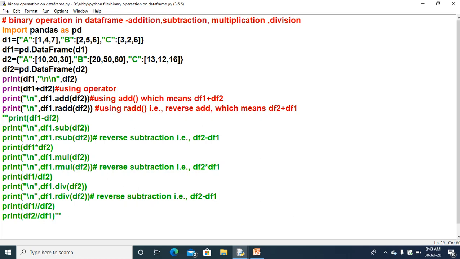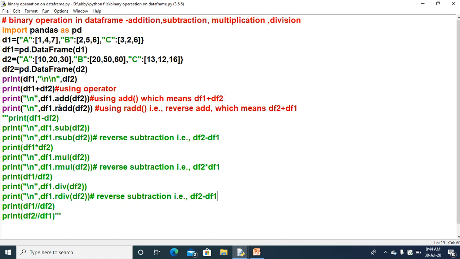So the output for these three in addition will be same, because if we write radd, it means the reverse addition, which means df2 plus df1. The comment line at the same time you need to see, the df1 dot add df2, which means df1 plus df2.